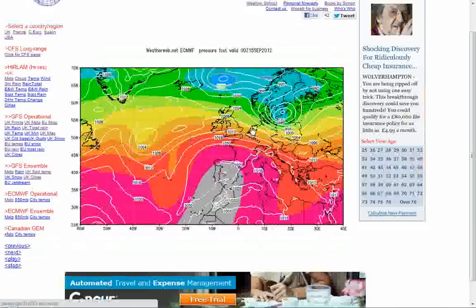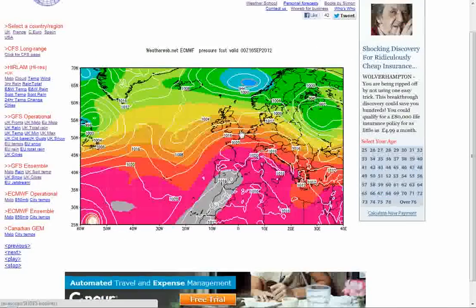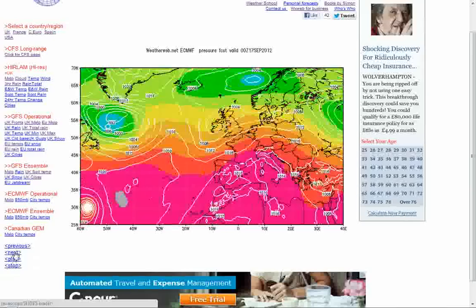Here's the ridge of high pressure building in, but then what we find next weekend is that, yeah, still got the ridge in for Saturday, but this low coming in, bringing fronts northwards through Ireland, through Scotland, through northwest England, bringing rain here. Dry to the south, low cloud affecting western and southern coasts,